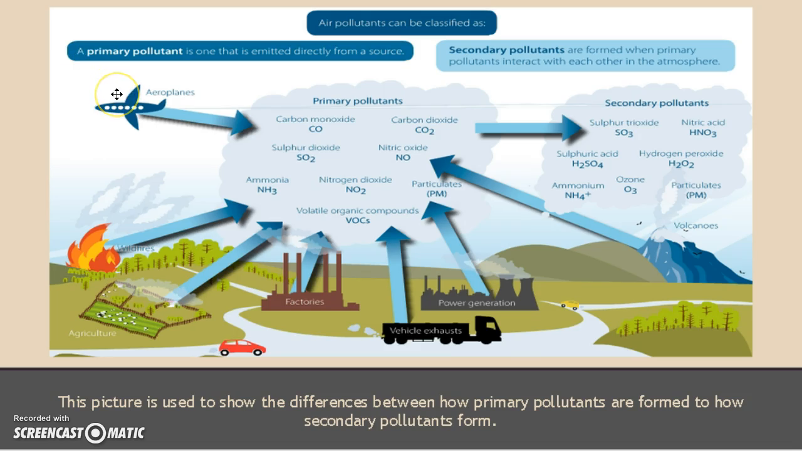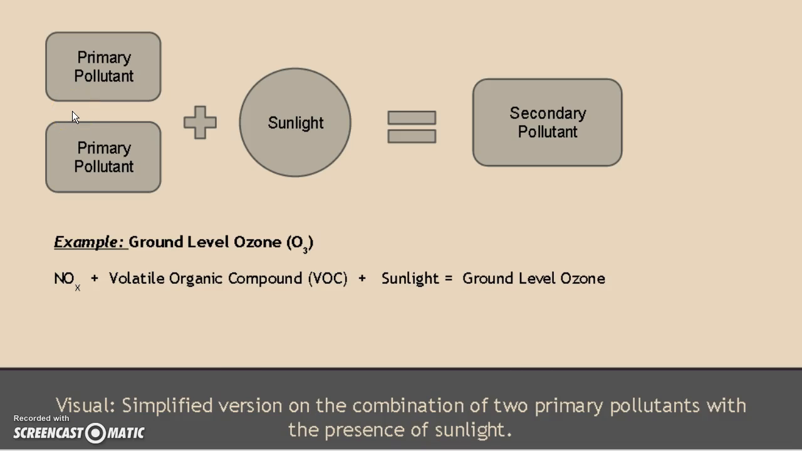In this diagram, we can see our primary pollutants, which include airplanes, wildfires, agriculture, factories, vehicle exhaust, and power generation. All of these primary pollutants move up into our air and mix together to chemically create secondary pollutants. This equation shows how secondary pollutants are made. When two primary pollutants mix together with sunlight, you end up with your secondary pollutant. An example of this is ground level ozone. This is when nitric oxides combine with VOCs, which stands for volatile organic compounds, and sunlight, and that creates ground